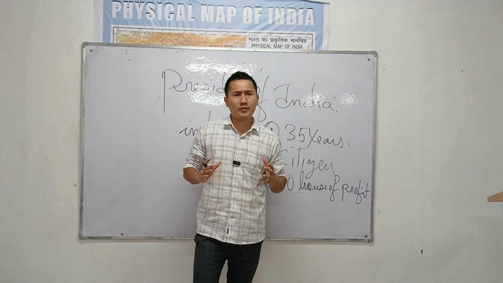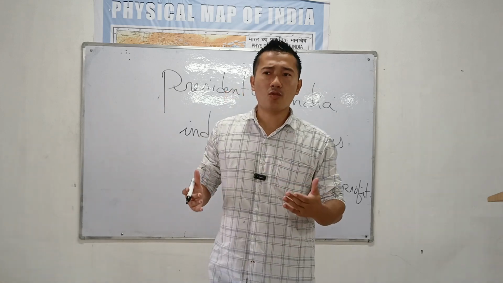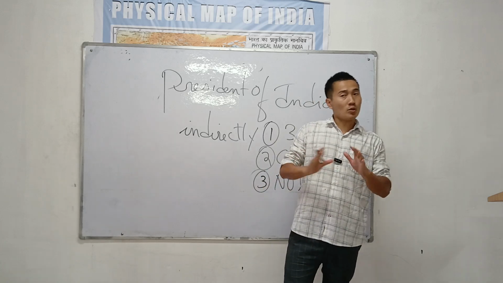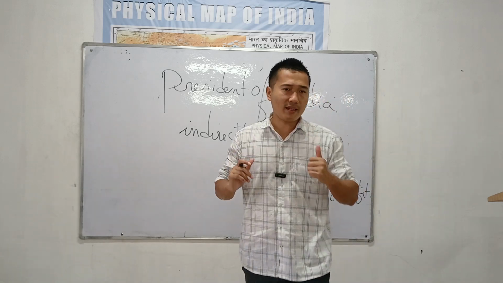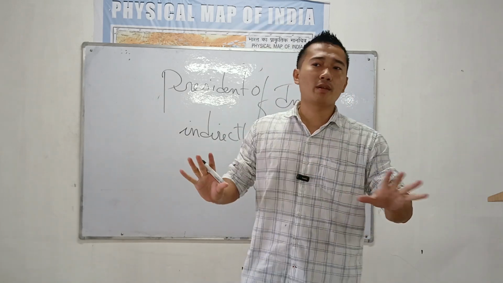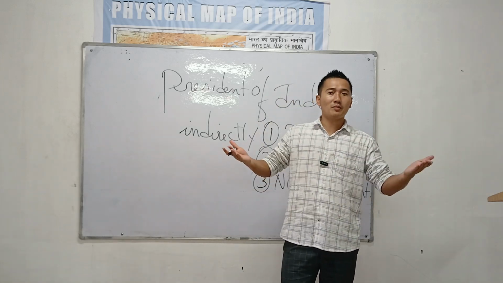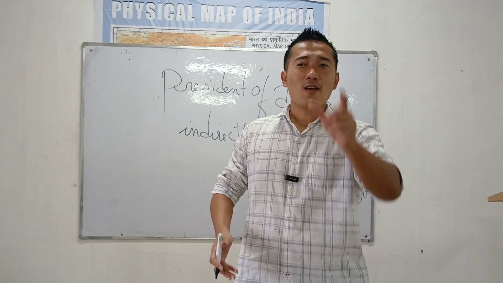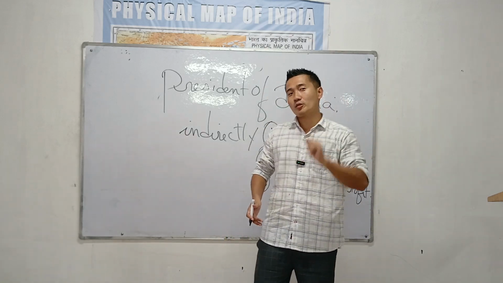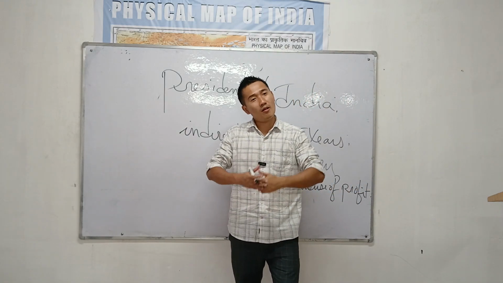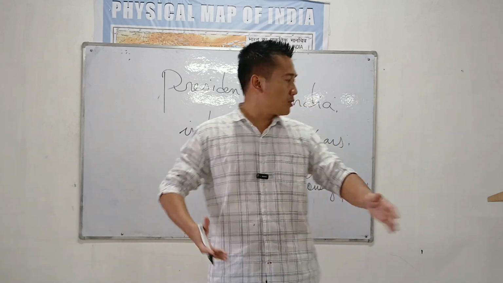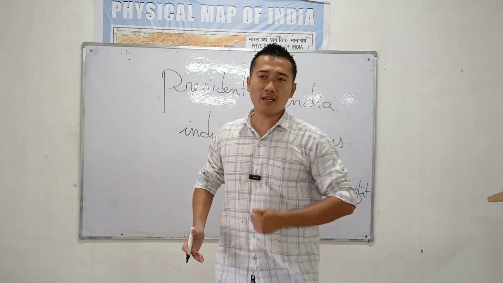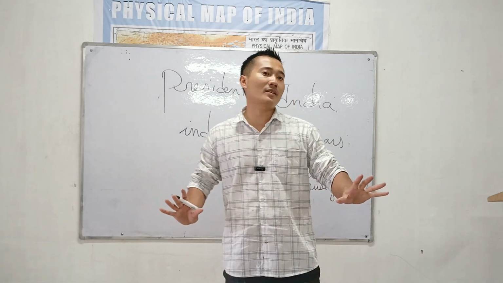When I say office of profit, that means you are a government servant. You are an IAS officer, IPS officer. Okay? Or you are doing a government contract. No, stop that. Do not do any kind of government contract. No government connections. Now you should be a private person because you are going to serve the country. You are the first citizen of India. You are going to occupy the highest constitutional office in India. So now resign from everywhere. That is known as no office of profit. When I say profit, it means it will benefit you personally. So never do that kind of activity.